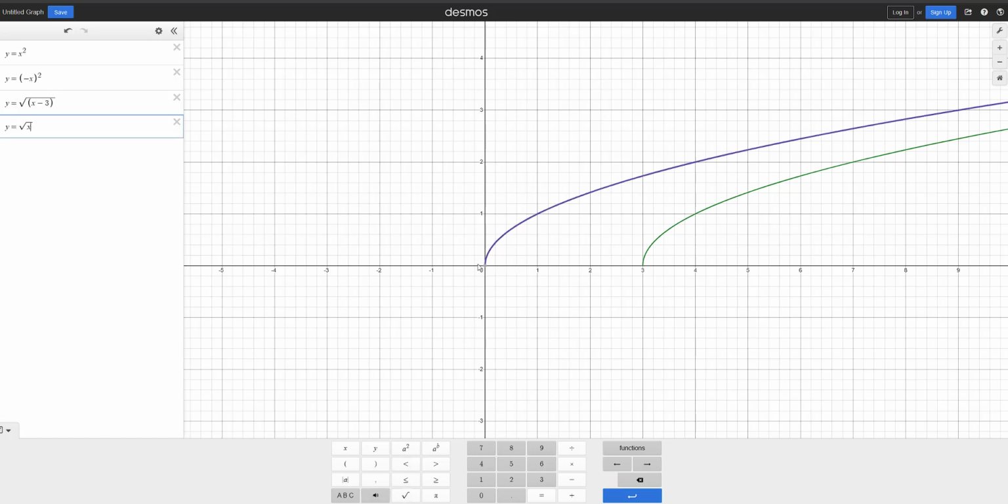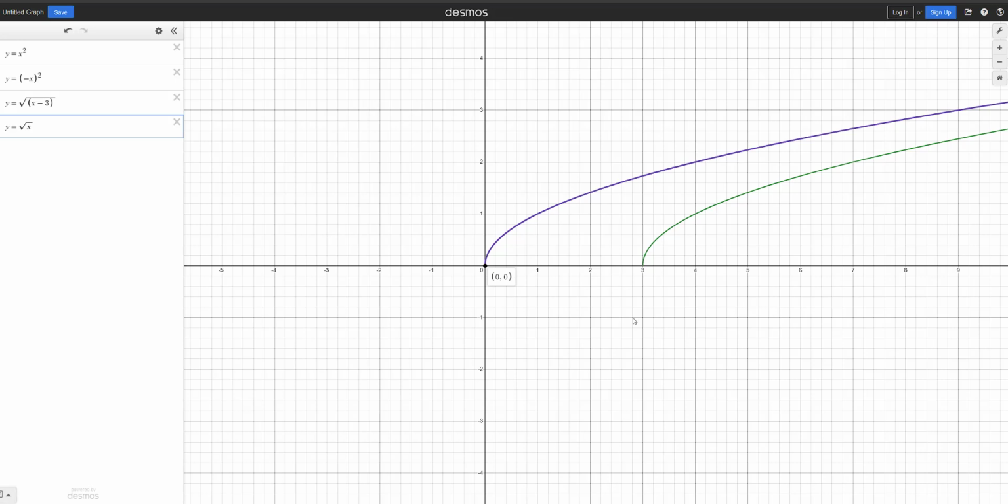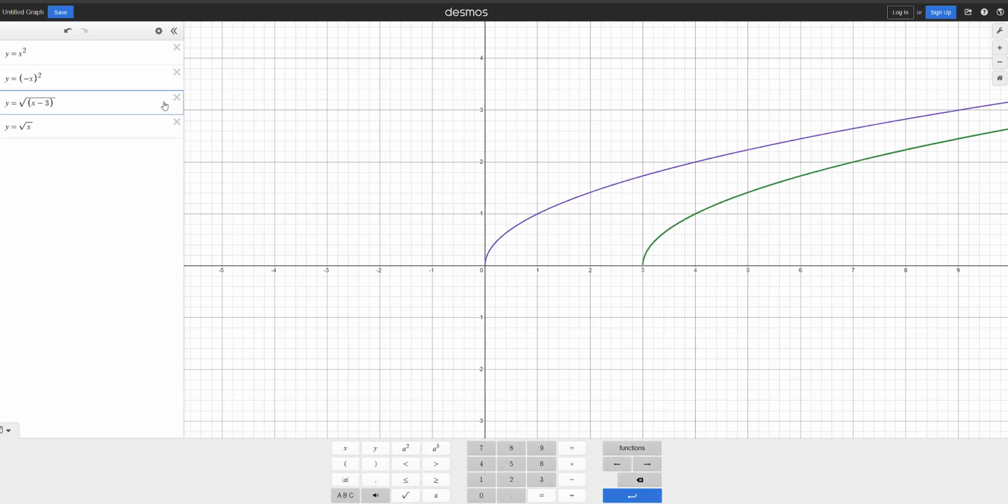So here, the purple one is the original function. The green one is the one that's being transformed. So here, left and right, pretty easy, right? And same thing with horizontally stretching and compressing. It's a bit harder to do the hand trick here, so I would recommend just looking